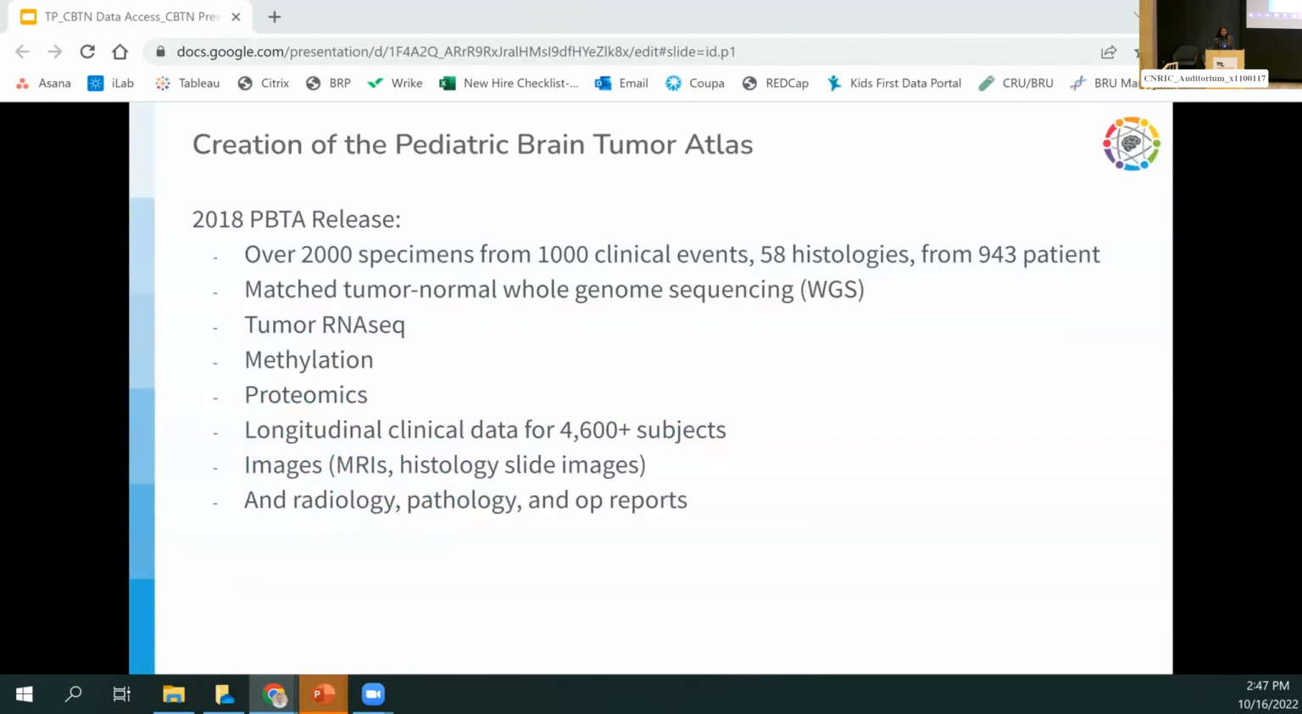Our first bit of impact starts with the Pediatric Brain Tumor Atlas, which we've heard a lot about today. I think Mathieusz gave a nice introduction to that effort as the second largest cohort for our biospecimens. It was made available to the research community in 2018. This cohort includes sequencing from 2,000 specimens from 1,000 clinical events with 58 distinct brain tumor histologies from 943 patients. The PBTA includes matched tumor normal whole genome sequencing, tumor RNA sequencing, methylation, and proteomics, as well as the longitudinal clinical data from over 4,600 subjects within the CBTN,